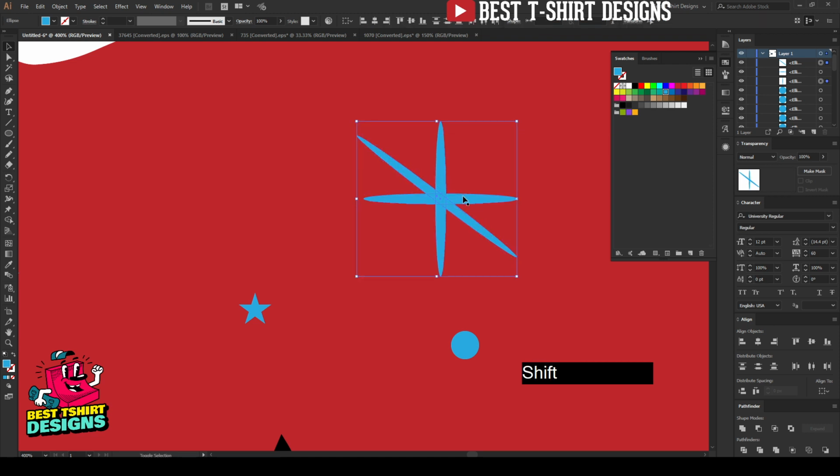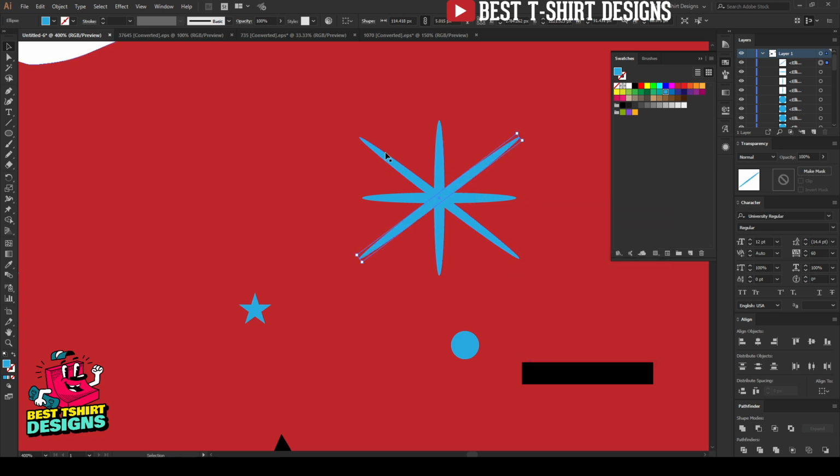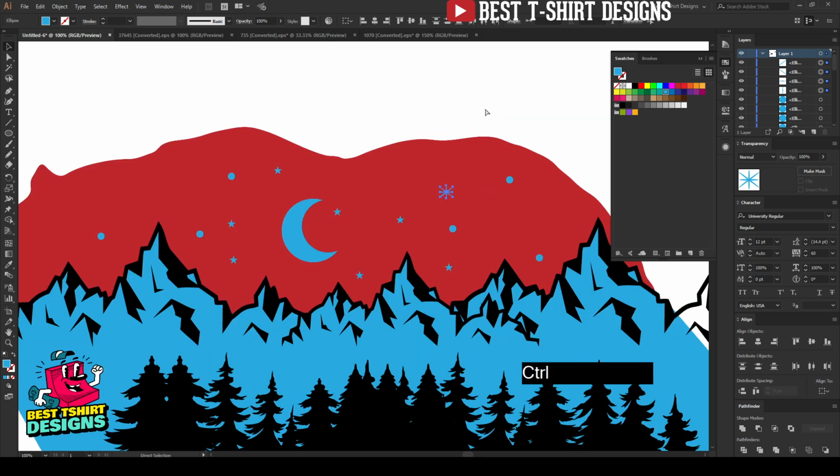Okay, now I can select them all. I can align them center wise, that is the center position. Then I'm going to select this one, Ctrl C, Ctrl F, Ctrl R for reflect. Now I think that is fine. Let's select it all. Okay guys, so I'm going to make it smaller. I'm going to make them a group so that I can move them easily, kind of this.